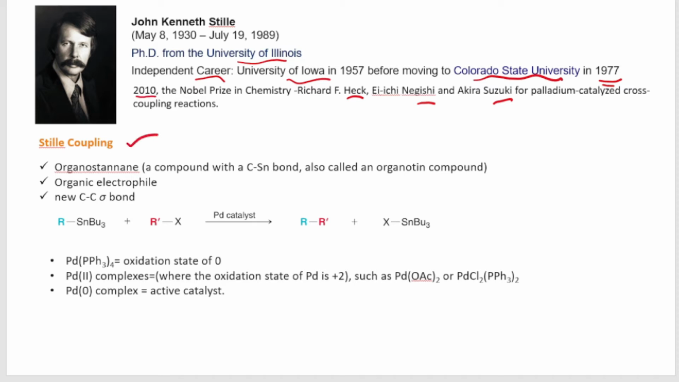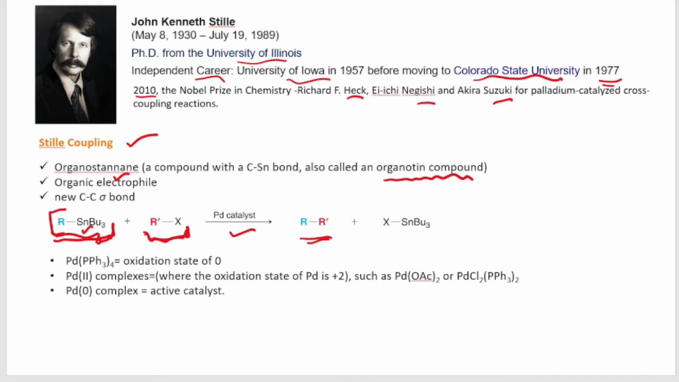So, what is the Stille coupling reaction? In the Stille reaction, there is one organostannane compound, in which the organic part is attached to tin. This is also known as an organotin compound. The other part is an organic electrophile, which is generally an organohalide. When your organotin compound reacts with the organohalide compound in the presence of a palladium catalyst, this will give you a new carbon-carbon